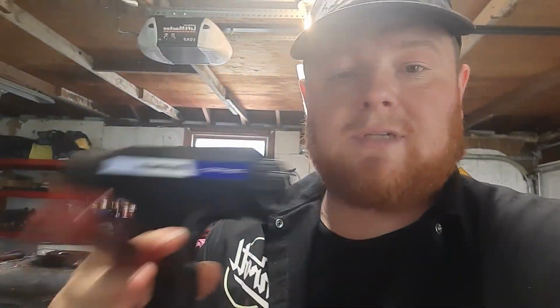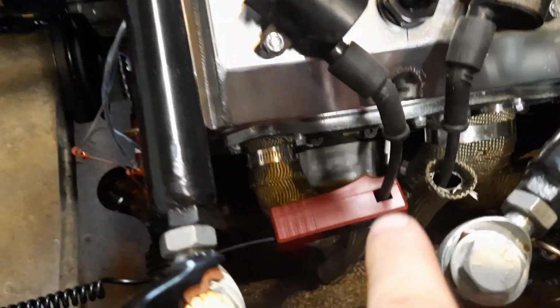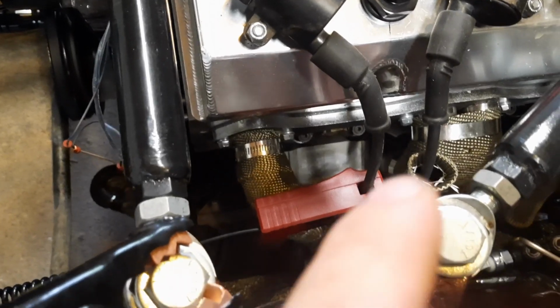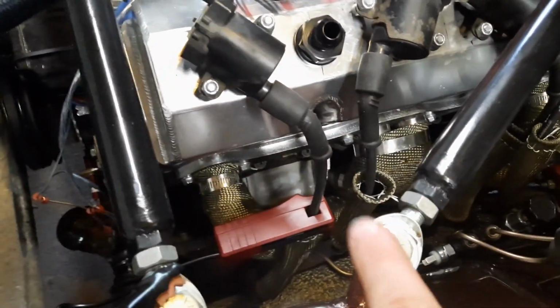Now, the problem that came into play with this was actually dealing with this clamp here. This right here is how I had this set up for probably 10 hours. Right like that, on cylinder 1. And this is how I was trying to get my timing going. You take the gun, you point it towards the light, and it's supposed to register every time spark goes through